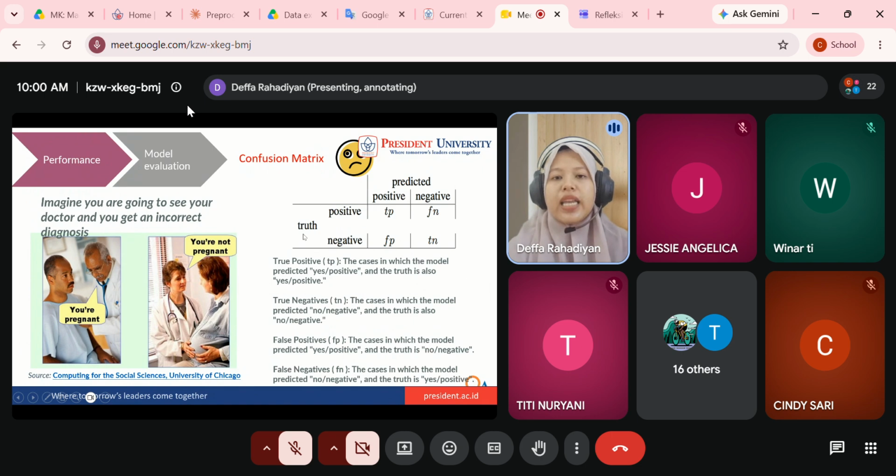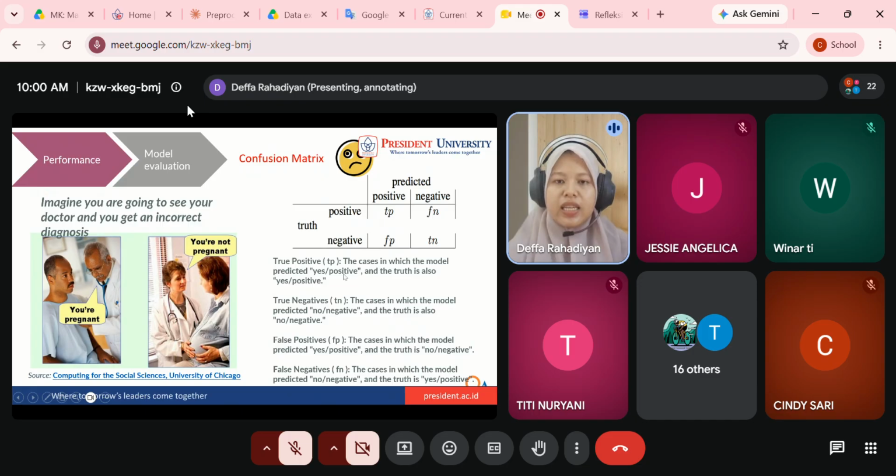But if the truth is I'm a woman, but my model predicts that I'm a man, it becomes a false negative. If the truth is, for example, I'm not a man, and it is predicted as, for example, girl, it becomes a false positive. And if this is not man and this is not man, it becomes a true negative.